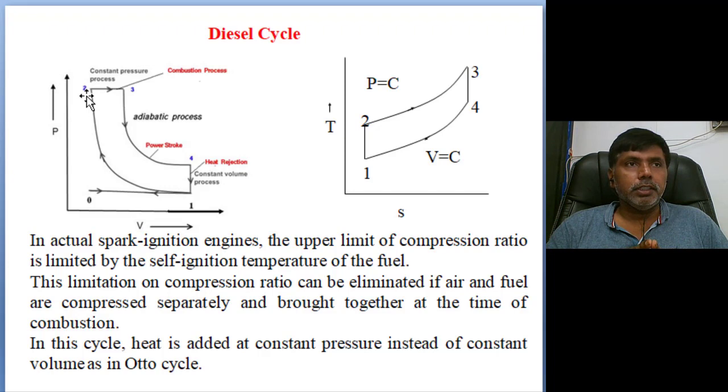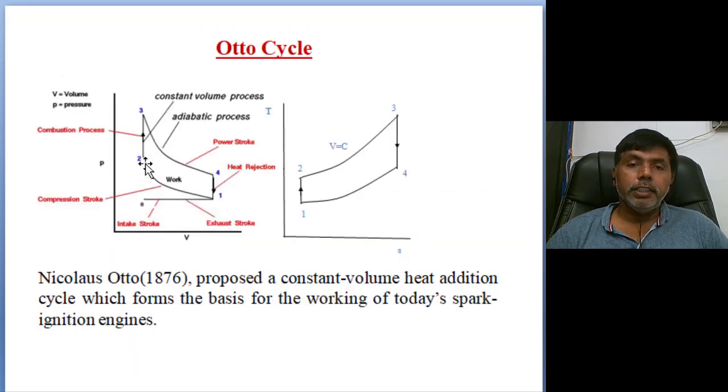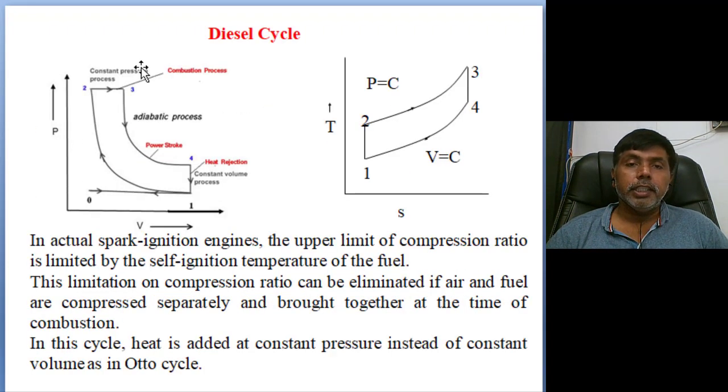So that is the main advantage. And the heat addition in the diesel cycle is at a constant pressure process. In the Otto cycle, heat addition is at constant volume. In the diesel cycle, heat addition is at constant pressure. Remaining all same. Then you see the compression ratio is higher than the expansion ratio. So compression ratio and cutoff ratio. Now we have discussed the ratios. Cutoff ratio is volume after heat addition by volume before heat addition. So compression ratio is the product of cutoff ratio and expansion ratio. But in the Otto cycle, compression ratio equals expansion ratio.